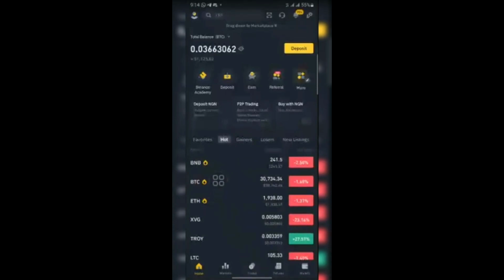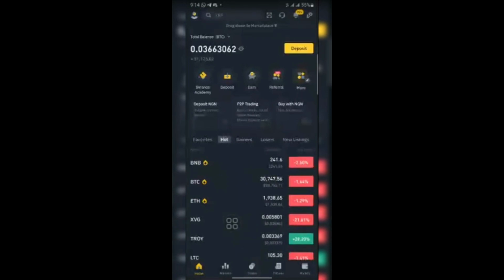But we are not concerned about spot trading, because most of the time spot trading means that what you are buying, you like this particular coin, or you've heard a particular news or had a particular development about this coin. Let's say BNB. You say, I like this coin, I want to buy it. So you come here, trade, then you buy the coin and keep.